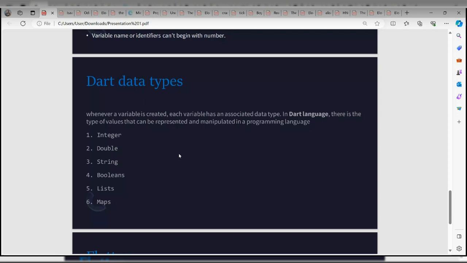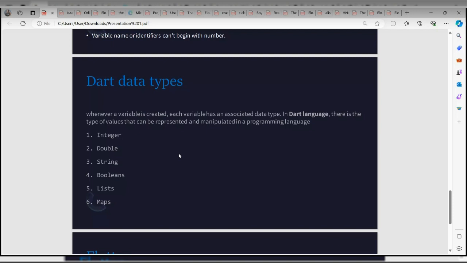To declare a variable, we'll go to VS Code and see some of these examples. Integers are numbers, just short numbers like 1, 2, 100, and so on.